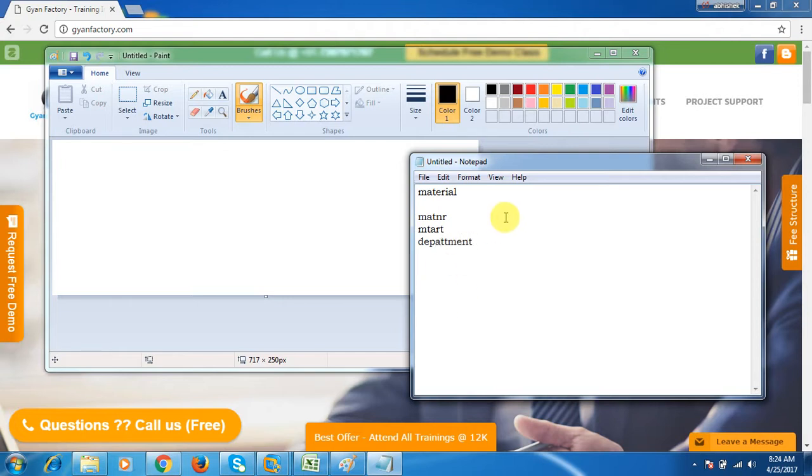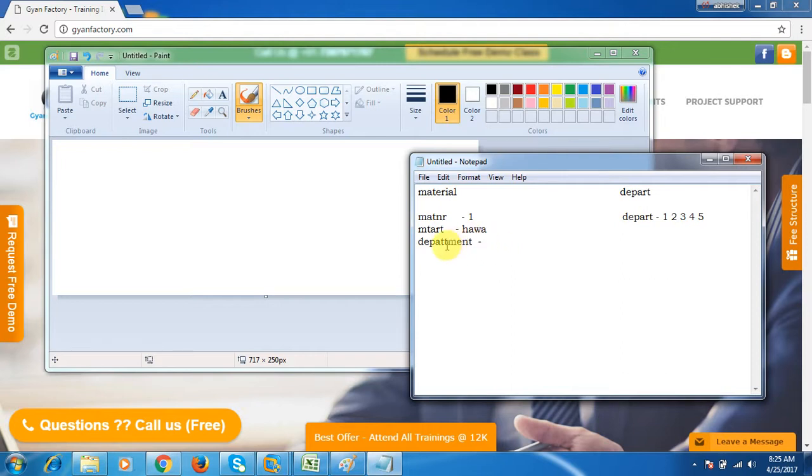If I insert something, suppose I insert material number 1, some type, and a department, I cannot insert just any department. Suppose there is one department table where I have this department field, which has entries like 1, 2, 3, 4, 5, these 5 departments. So I can use only these 5 departments over here.